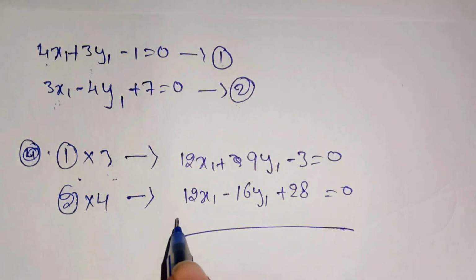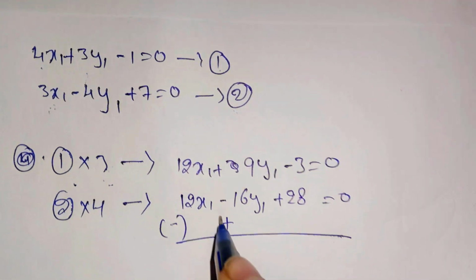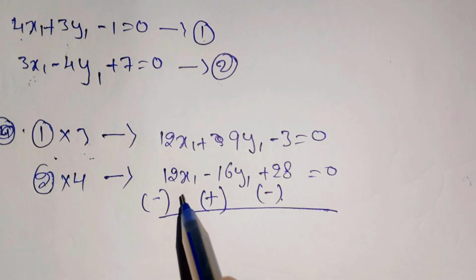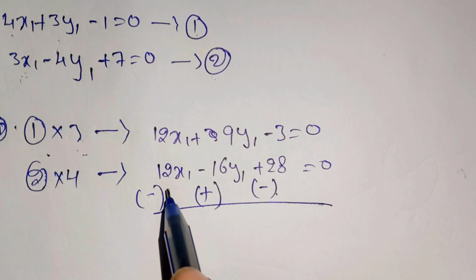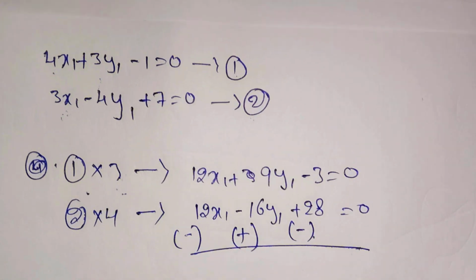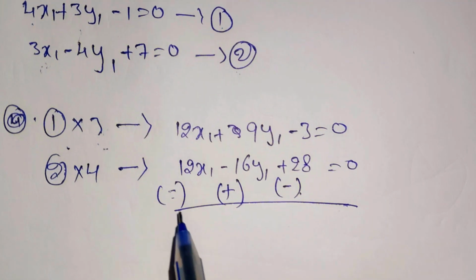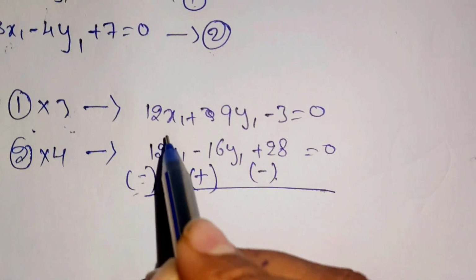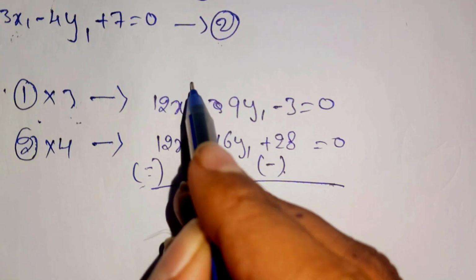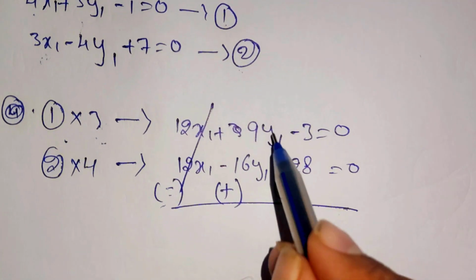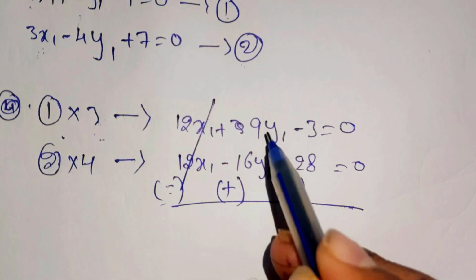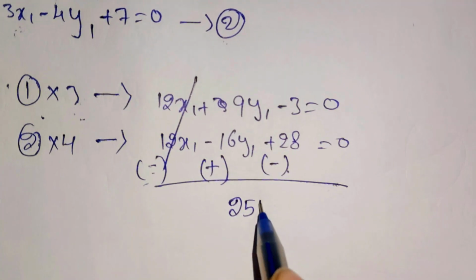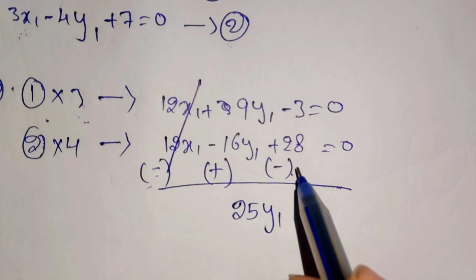Now we have to interchange the symbols. That means if we have plus in the equation, it is replaced with minus. Now plus 12x1 minus 12x1 will be neglected, and what is the solution here? 9y1 plus 16y1. What do we get? 25y1, and here